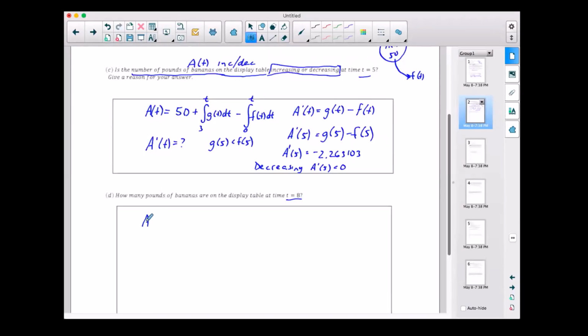And so the amount at time 8, since we're trying to find the amount, notice the key word here says pounds, right? Pounds is a total, it's not a rate, so that's why we're using A of t, which is equal to 50, the starting amount, plus the integral from 3 to 8. Now we're plugging in 8 for t. And notice the rate in, we have to start at 3 and not 0, minus the integral from 0 to 8 of f of t dt. And if we type all of that into our calculators,